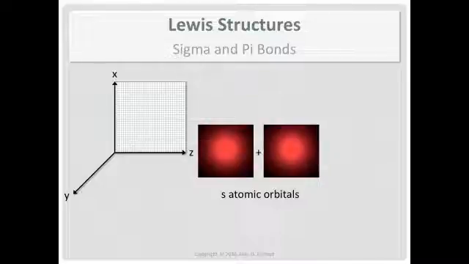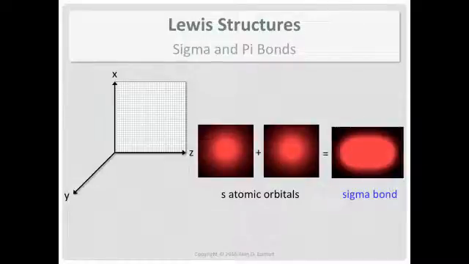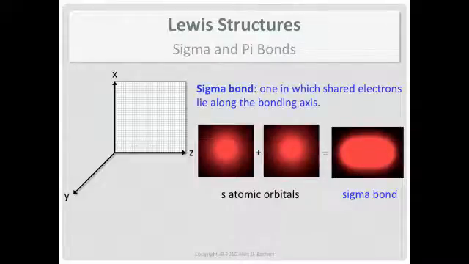So we can think of a new orbital in this thing as a combination of the s atomic orbitals. So you take these wave functions, combine them, and you come up with a new wave function. And we're going to call this a sigma bond. S for atomic orbitals, and then sigma, S sigma, go to Greek for the new orbital. This borrows from more advanced bonding theories, valence bond theory, molecular orbital theory.